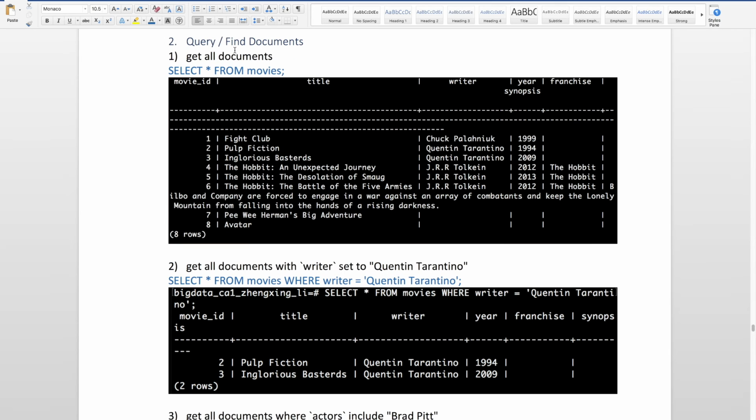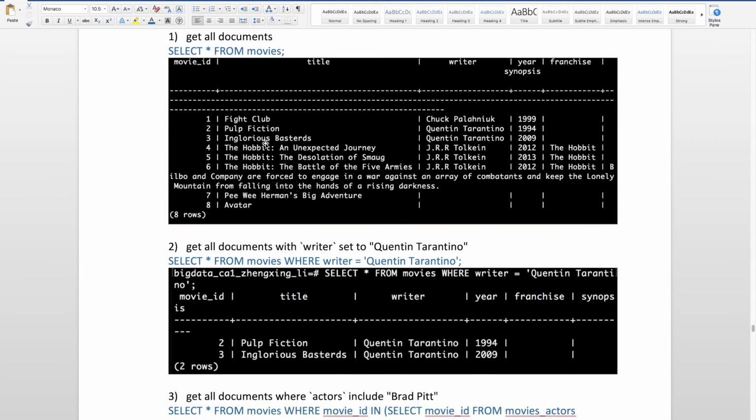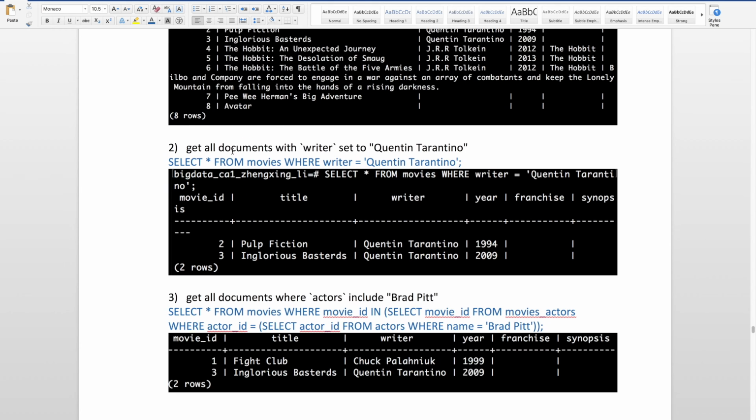To get all documents in the movies table, I use select all from movies. To get all documents with writer set to Quentin Tarantino, I use